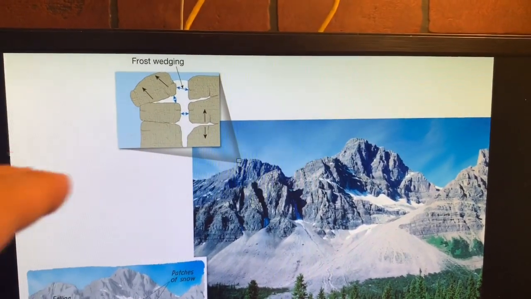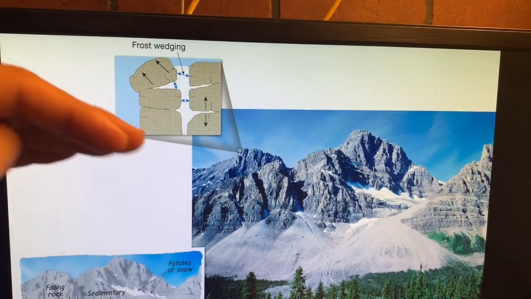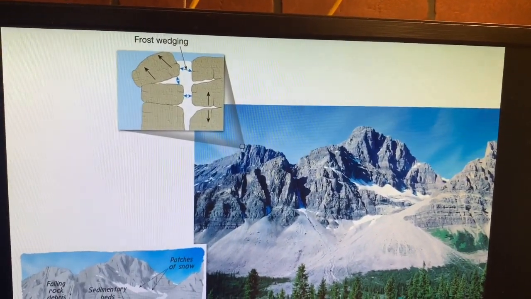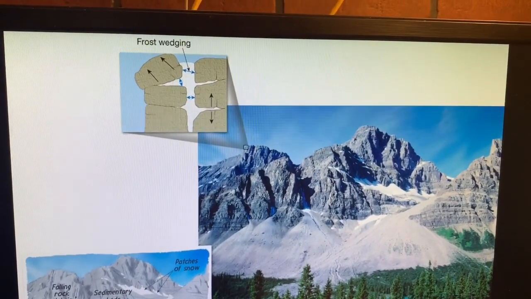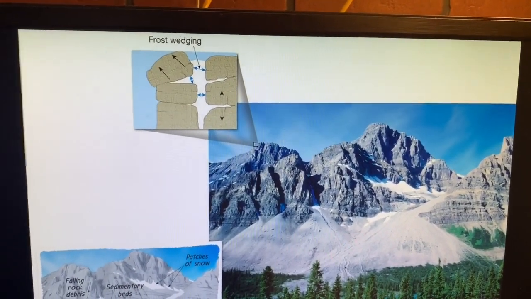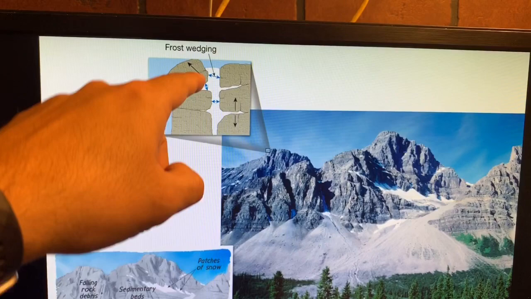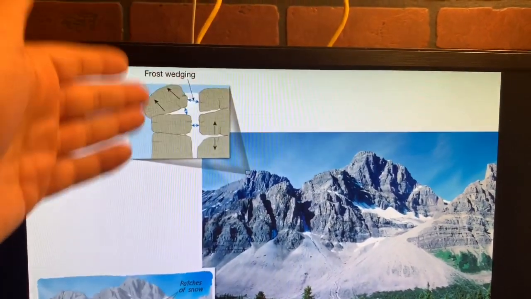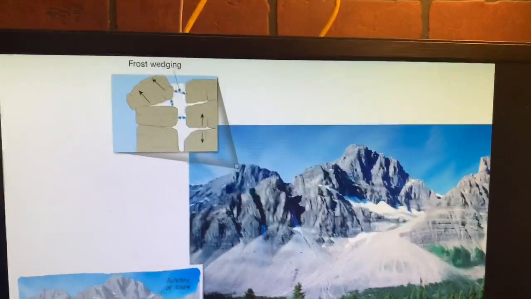Okay, and so it's going to wedge its way in there, and it's going to pry the rock apart. Now, this may not break the rock apart immediately at first, okay, but daytime comes, temperature goes up, and all this ice up here is going to melt. It's going to sink to a lower level. Nighttime comes, or another rainstorm, water fills the holes, nighttime comes, it refreezes, and it's going to do the process